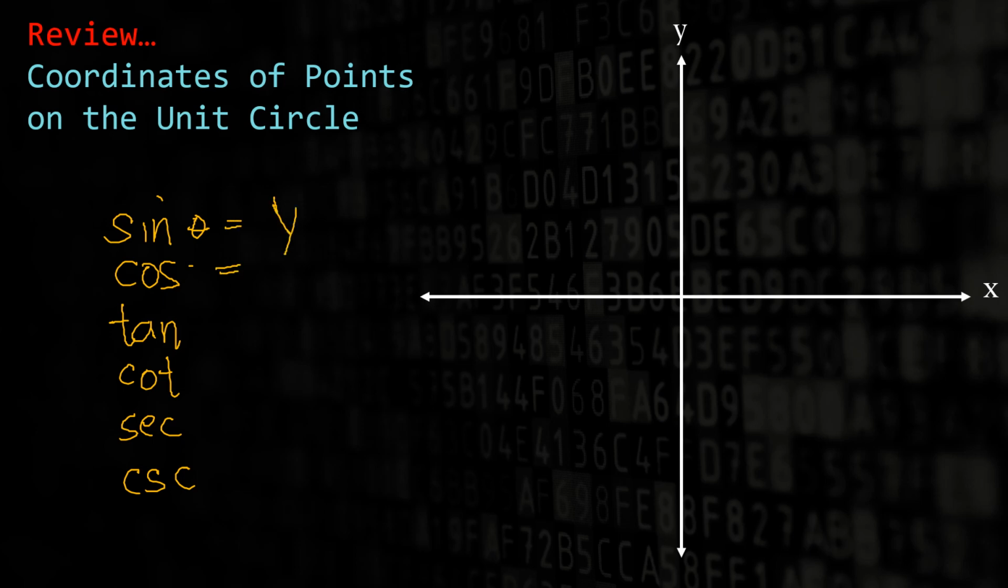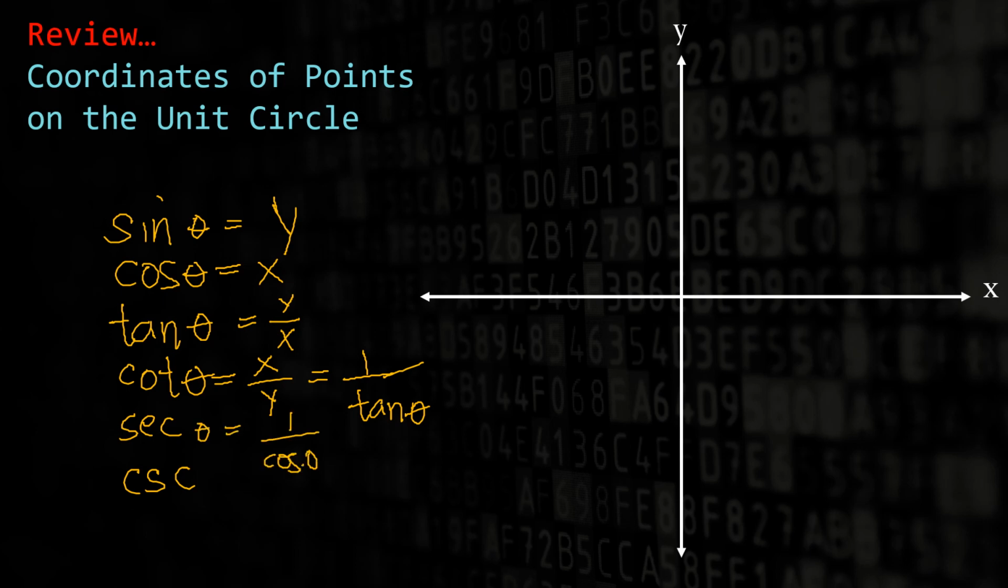simply y. Cosine is x. Tangent is the ratio of sine and cosine, so we have y over x. Cotangent is the ratio of cosine over sine, or x over y, which is also equal to 1 over tangent. Secant theta is 1 over cosine theta, which is also equal to 1 over x. Cosecant theta is equal to 1 over sine theta, where sine theta is y, so we have 1 over